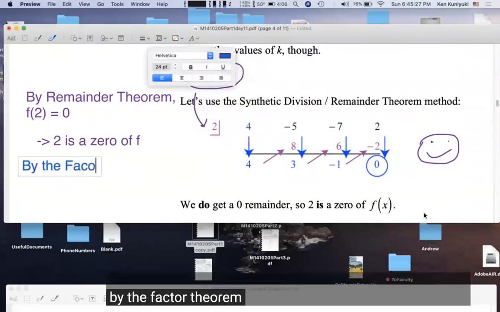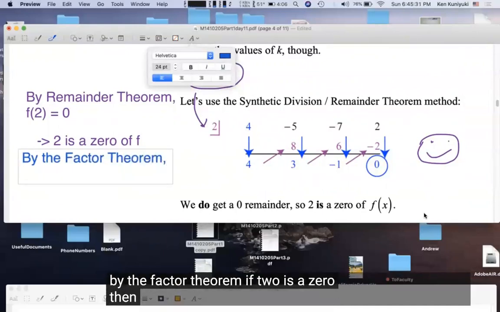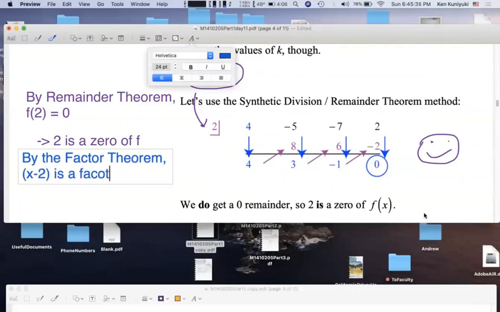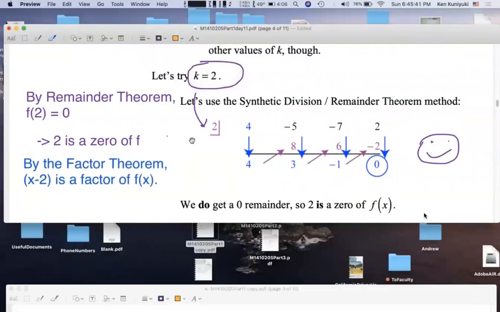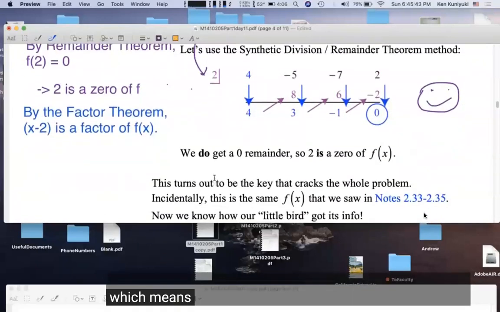By the factor theorem, if 2 is a 0, then x minus 2 is a factor of f of x. Which means that,